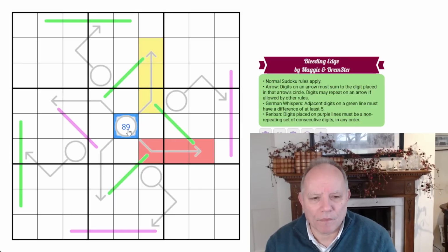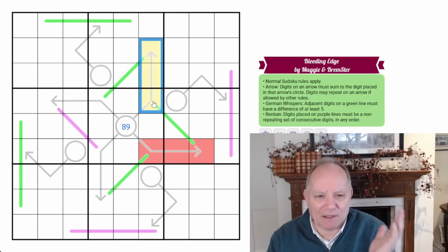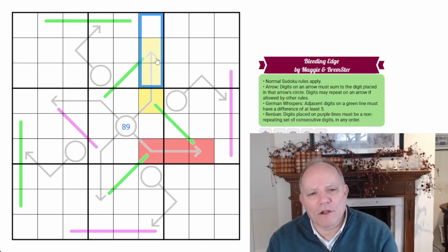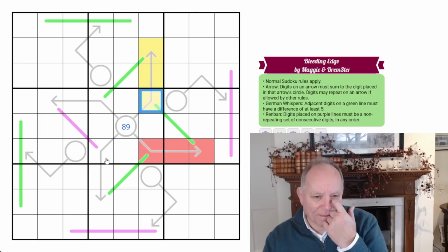Now, if this was an 8, it is now possible, but the yellow combination will have to be different from the red combination for exactly the reason I was just going through as regards this cell. So yellow could be 1, 2, 5 and red could be 1, 3, 4. But this would then have to be red and this would have to be yellow, because again of these cells that kind of sit watching all of those,